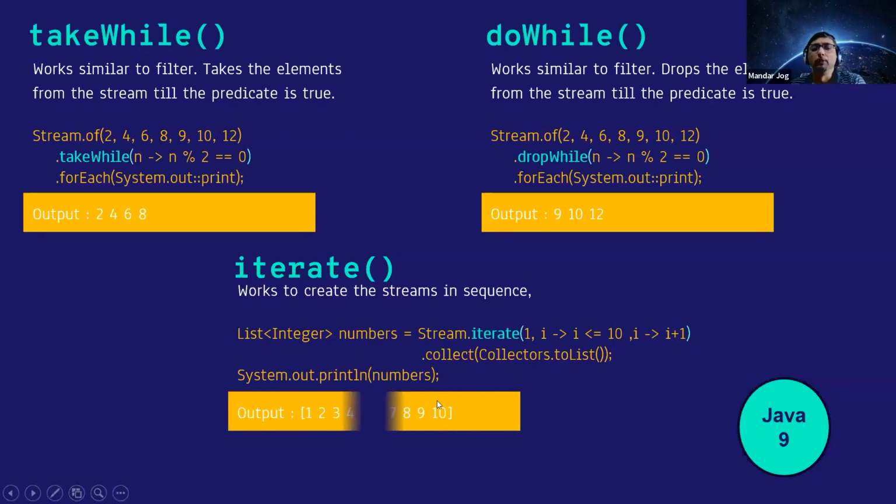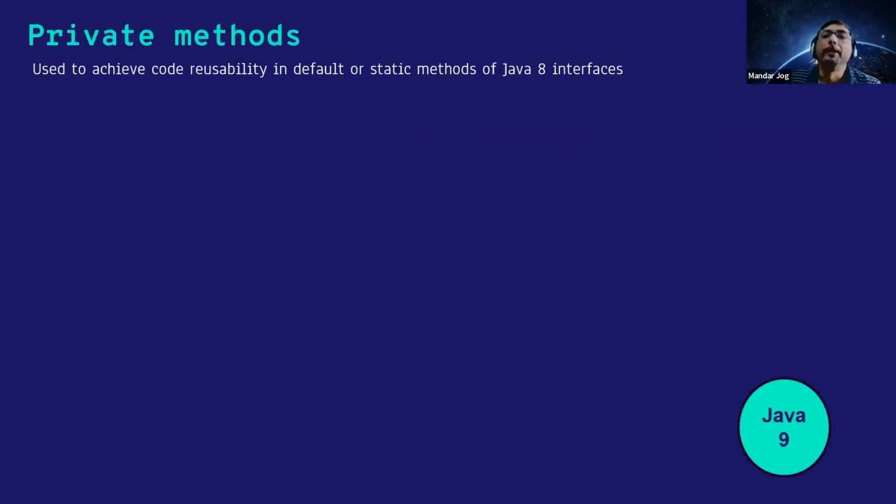Of course, the output of this will be 1 to 10. Nothing new about this. So these are the 3 methods which are updated methods in streams of Java 9. Okay. The next one is private methods which are available in Java 9, and these are used to achieve the